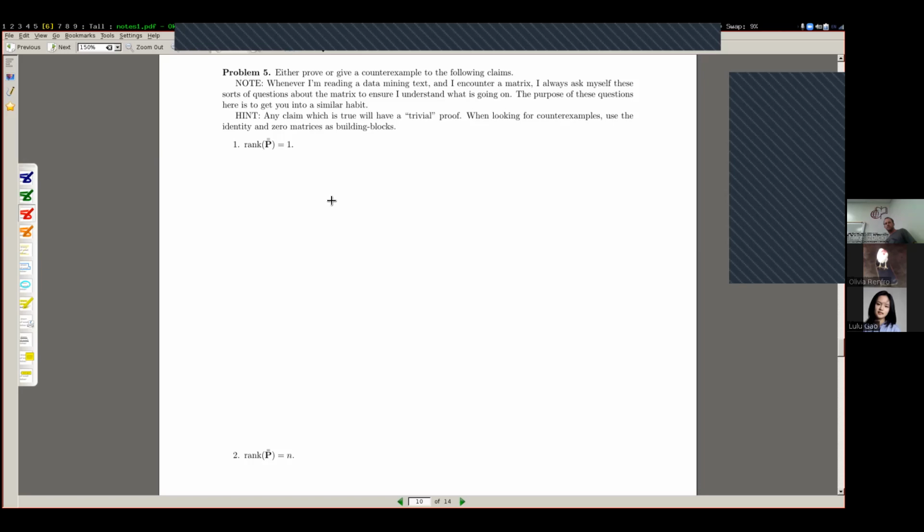They'll have some random linear algebra term and ask you, what are the properties of that matrix? We're exploring the properties of these matrices based on their construction. So here we have: the rank of P bar bar is equal to 1. The vast majority of these are going to be counterexamples. They're going to be false statements. So that's a hint. The things that are true statements are just going to be a one-line,